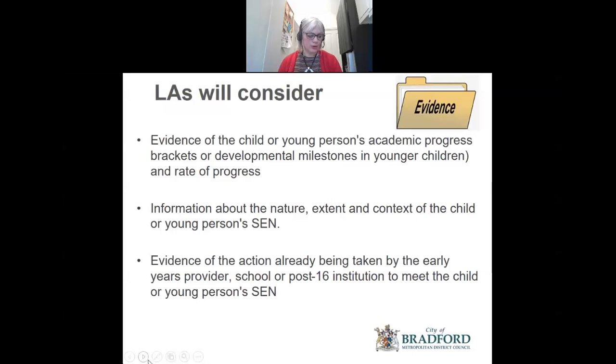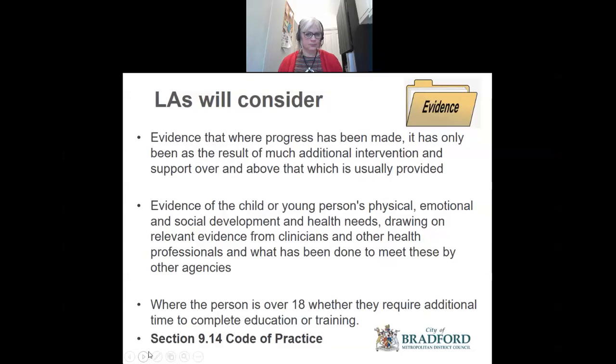In summary, this will relate to evidence of academic progress, information about a child or young person's special educational needs, evidence of what action has already been taken, evidence of progress that has been made,